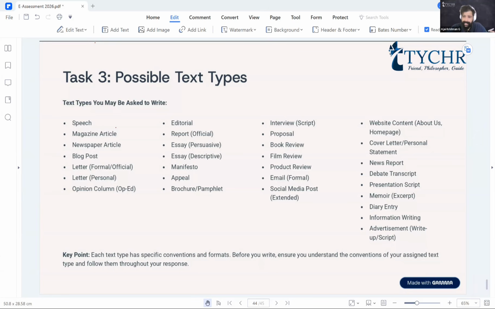In compare and contrast, do we just have to tell the difference in the techniques used, or also tell some difference? I hope I answered that question before. For task two, can we be subtle with the image representation, or should it be obvious? Yes, you can be subtle. You can talk about subtle elements in the image after talking about the obvious ones. Of course you can be subtle, but make sure that you also talk about the